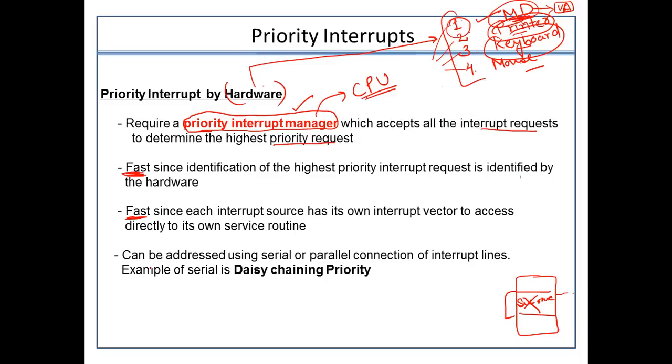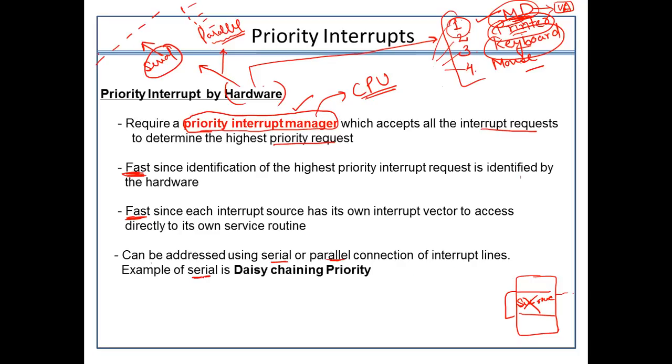Next, it can be addressed using serial and parallel connections. As I said earlier, in hardware we have two ways to design the system. One is serial based, where all the IO devices or peripherals are attached in a serial manner, which we are going to learn now. Another is parallel, where all the IO devices are aligned in parallel mode and can send data simultaneously, and we have to configure them. This parallel part we will discuss later. Let's focus on the serial based connections.